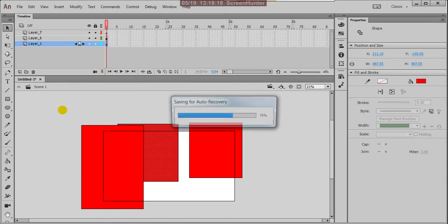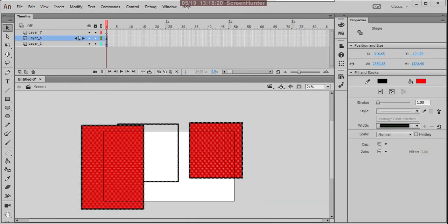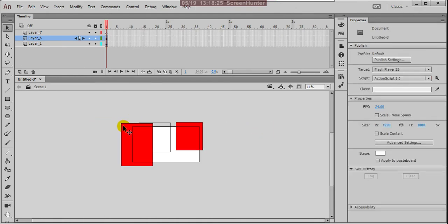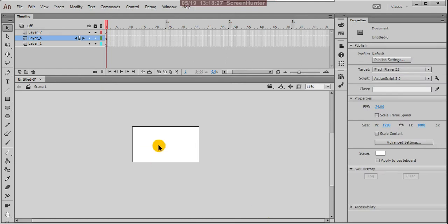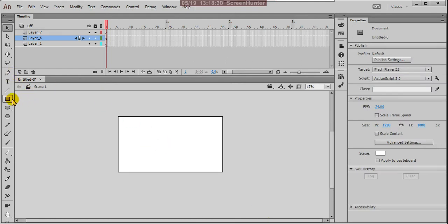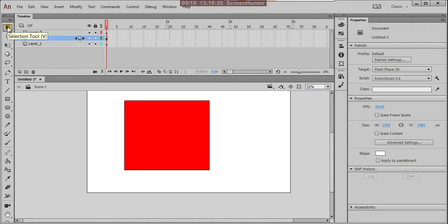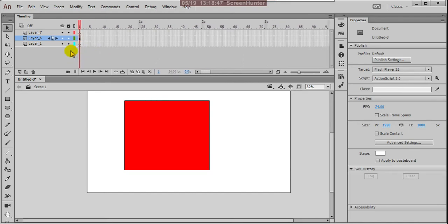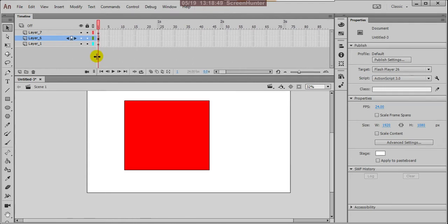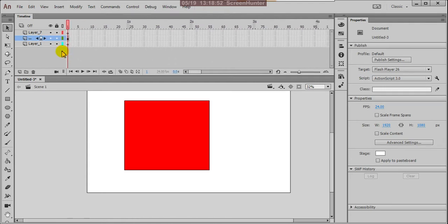Just delete one by one, we'll create again. See, it is not functioning. Sometimes this will happen in all the software. Here is the visibility of the layer, and the layer stretchiness, sometimes it shows that.